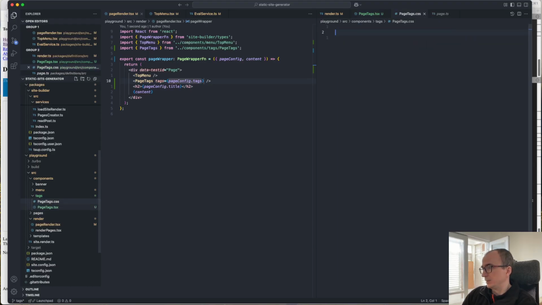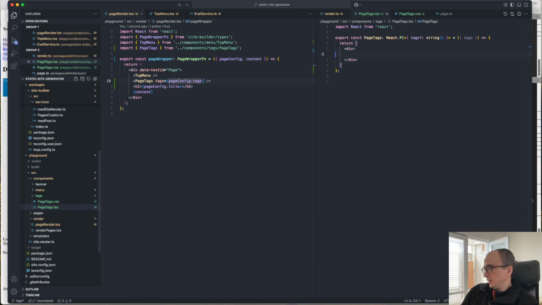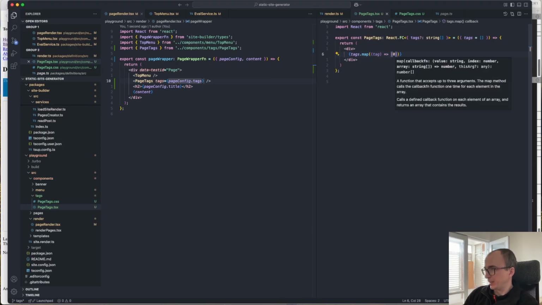let's introduce CSS. So I have page tag, which will be display inline block. I will use padding 0 top and bottom, and let's say 5 pixels left and right. So okay, right, so tags map tag. Now let's render it, which will be